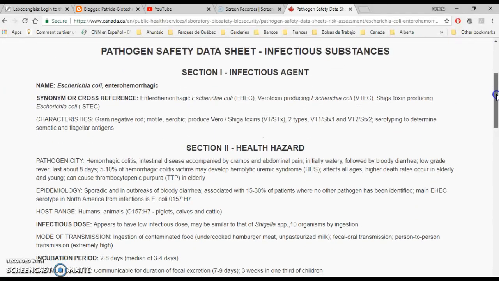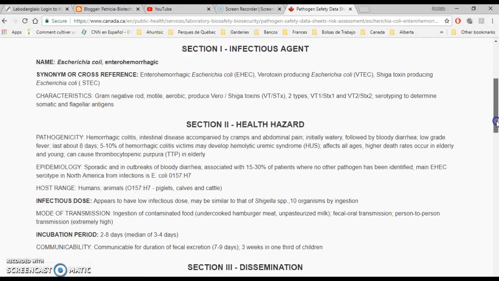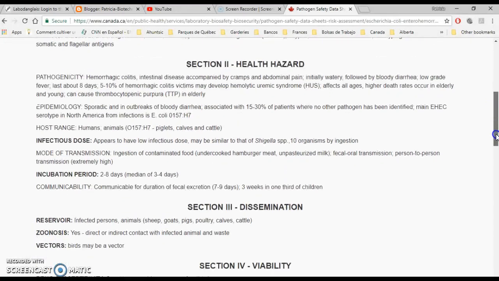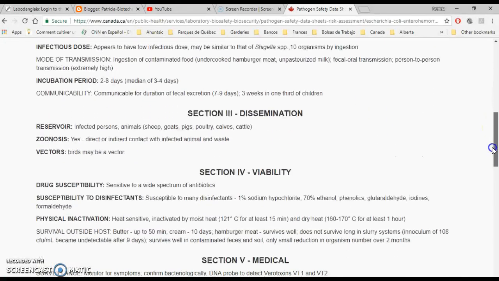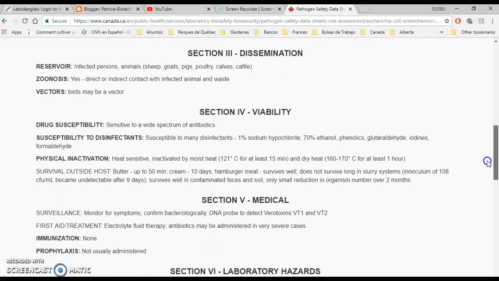Not only the name, but also characteristics and the health hazard, incubation period, the dose that can be damaging for us, very small, the dissemination, viability, medical section,